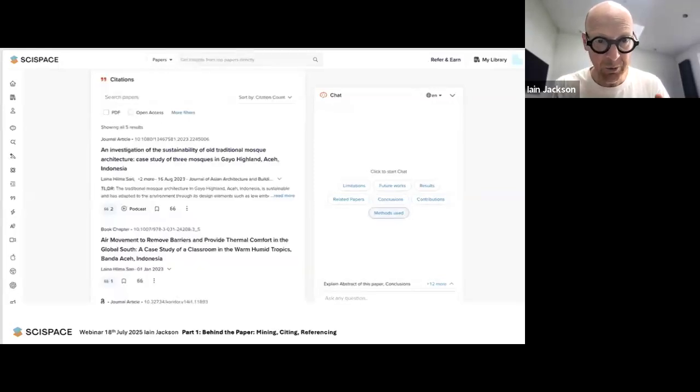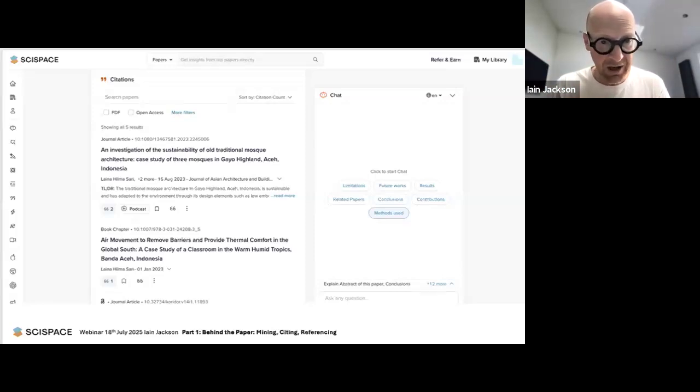Then it can tell you who has subsequently cited that paper. So it gives you an indication of what followed afterwards. It can show you the impact that paper's had. So that's different from assessing the findings. This doesn't tell you anything about the quality or the findings of the paper. It just tells you how it's been received. So citations is not always a significant metric, but it can be useful to show how frequently that paper's been picked up and what other kind of people are using it and why. So you can start to create this kind of map of who's working in that area.